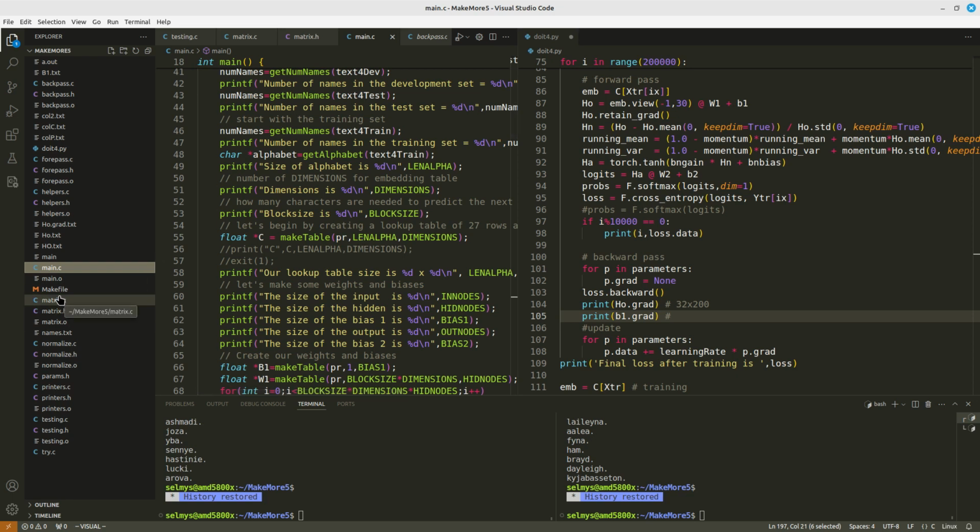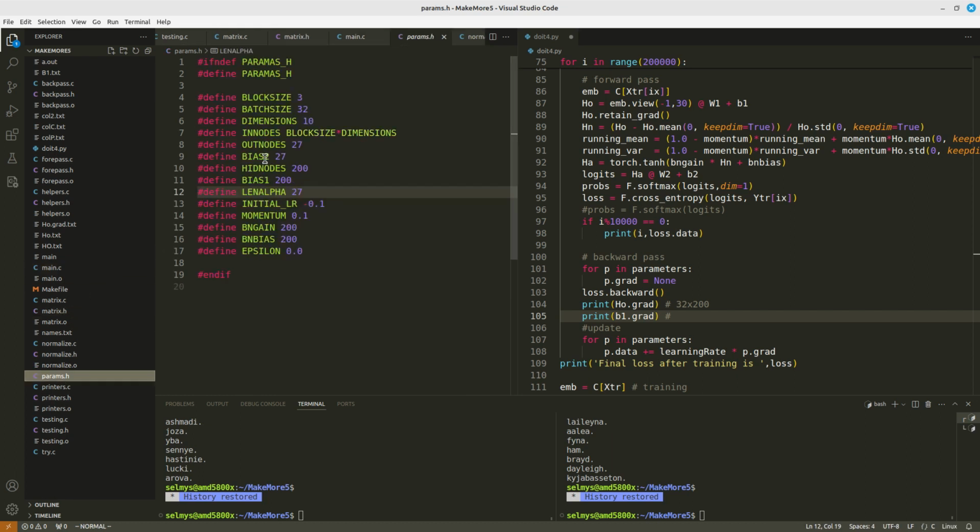Oh, actually, I should just look in my parameters. Bias one is 200. So basically, the B1 grad is going to be 200, because what it comes out to be is basically a summation, the sum of HO dot